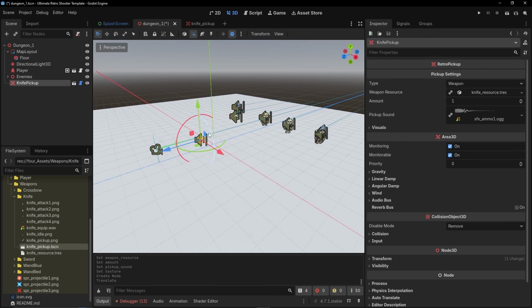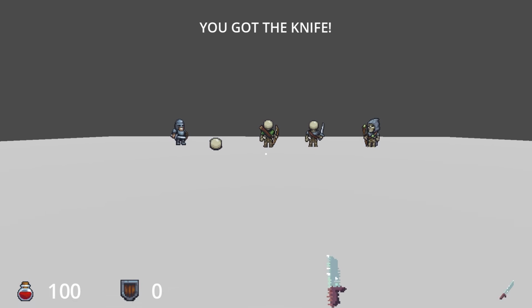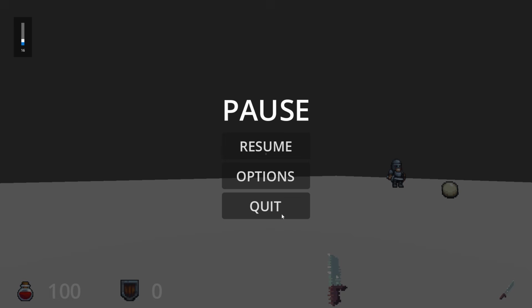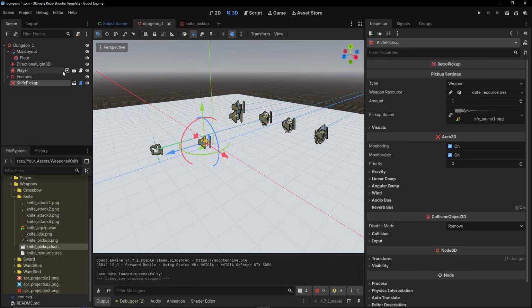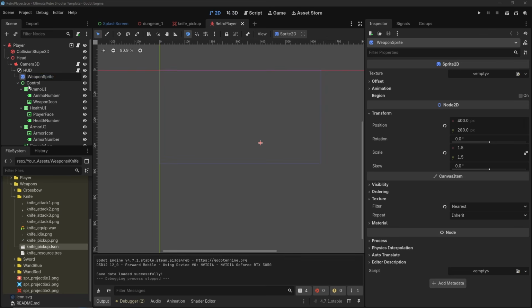Drag the weapon pickup here, and let's test it. There it is. Okay, now there is a problem here. You can see the weapon is a little to the right. We want it to be in the middle. To fix this, you go into the player scene, click the weapon sprite right here, and just change the transform